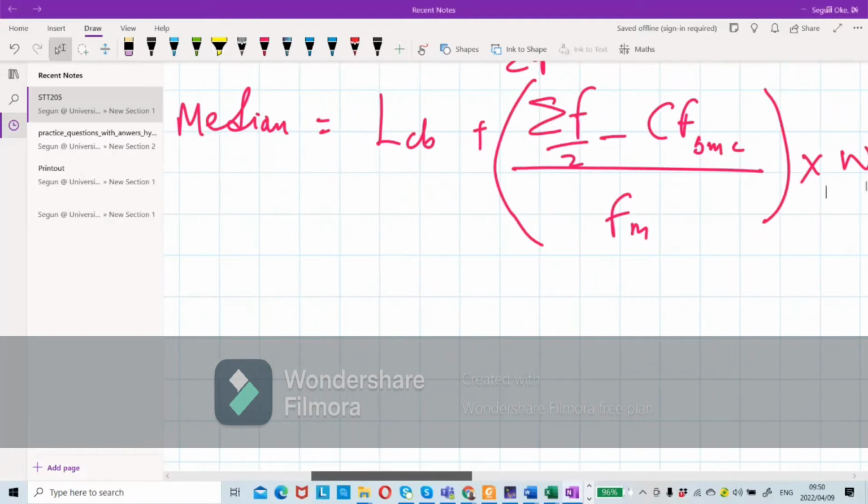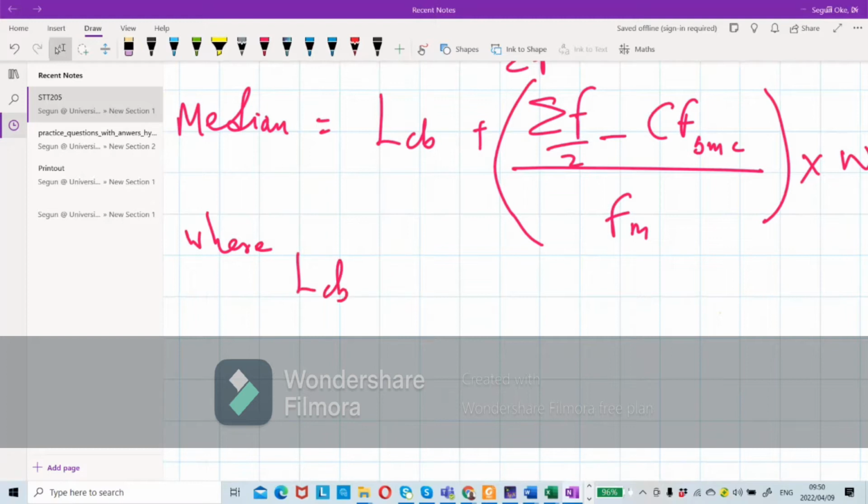So, number one, where LCB is the same thing as lower class boundary